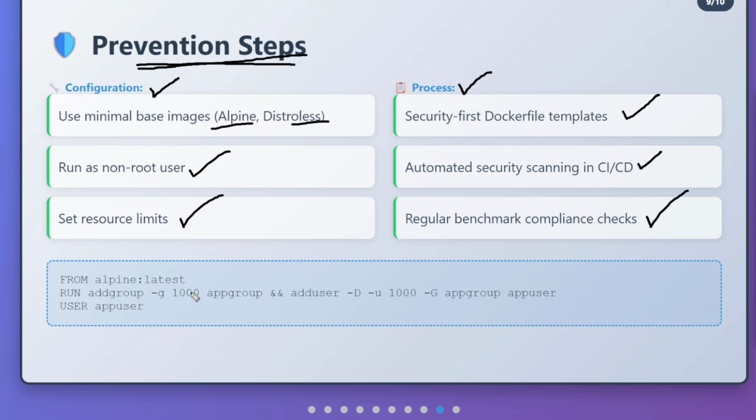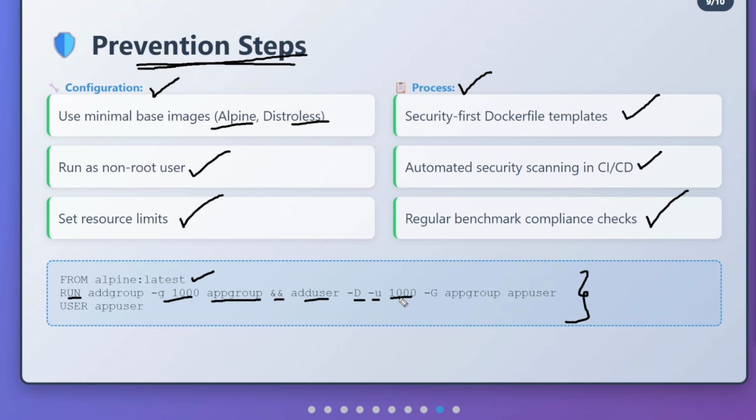So this was one example of a Dockerfile which is following best practices. Here they are using Alpine as the base image and getting the latest image. And as a RUN command, they are creating a user as well as a group, and adding that user into that particular group. So addgroup -g, that means a group ID they keep passing, and this is the app group name. And if this condition is satisfied, then creating a user and adding the user to that group is going to happen. So adduser -D, which is the default setting, will set up this user with the default settings, and -u, -g,